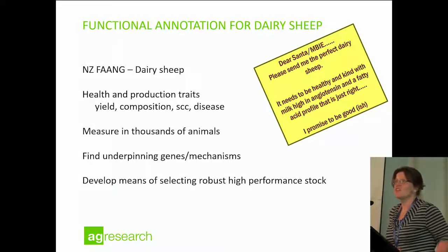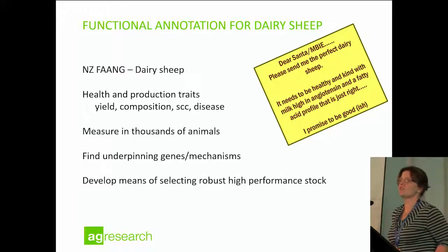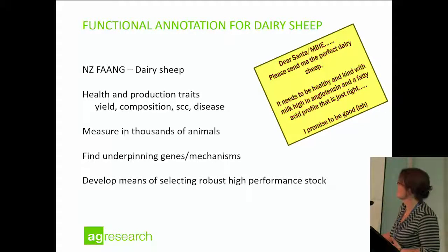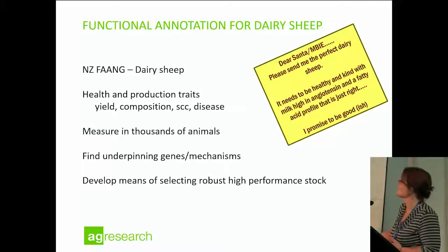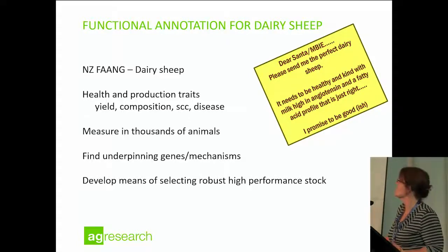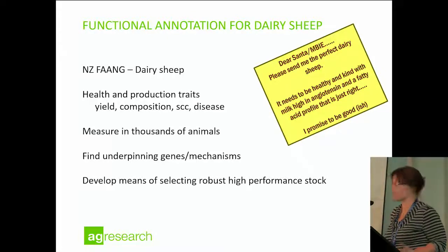I think the dairy sheep sector is an ideal opportunity to join this project, because we have health and production traits, we have yield, we have composition, we have somatic cell count, we have all these traits that are really, really interesting in terms of tissue biopsies and gene expression. We can measure it in thousands of animals that are already being measured. If we find the underpinning genes, we can use them immediately in our own system, and we need a means of selecting those robust high-performance stock. So I think this is a really nice fit,